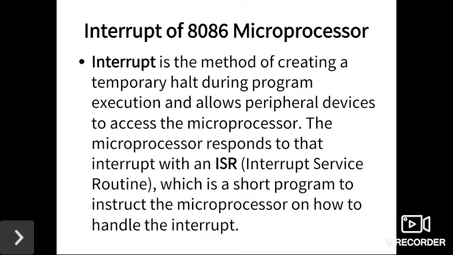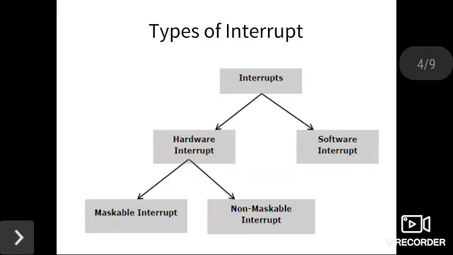This signal provides a mechanism for changing from one program environment to another. Due to an interrupt, the microprocessor stops the execution of its current instruction and calls the procedure to provide service to the interrupt. At the end of the interrupt service procedure, an IRET instruction is executed to return to the main program.